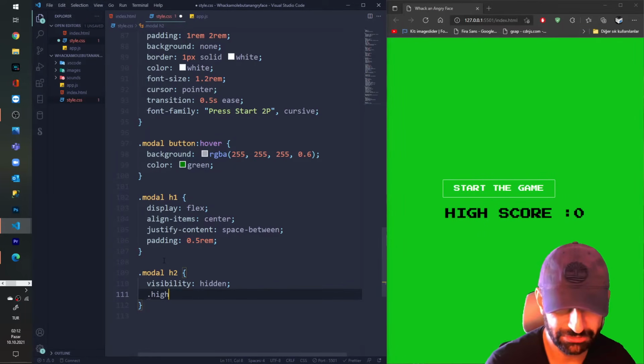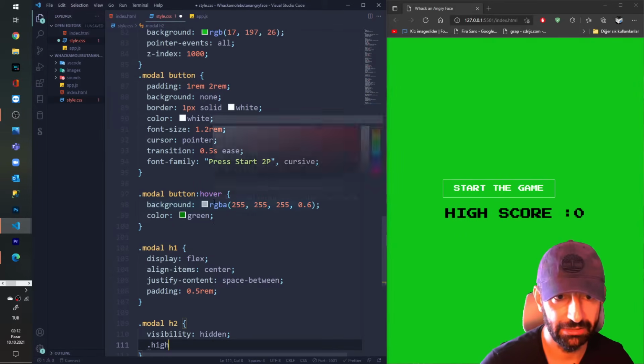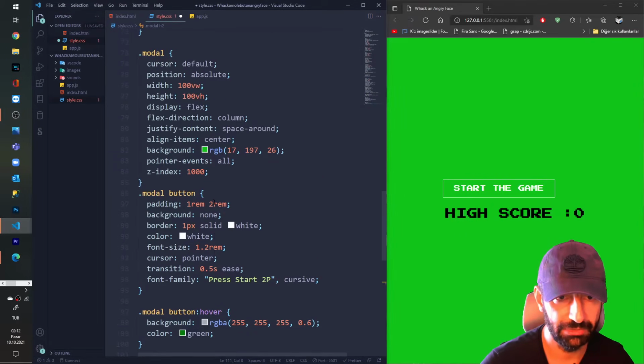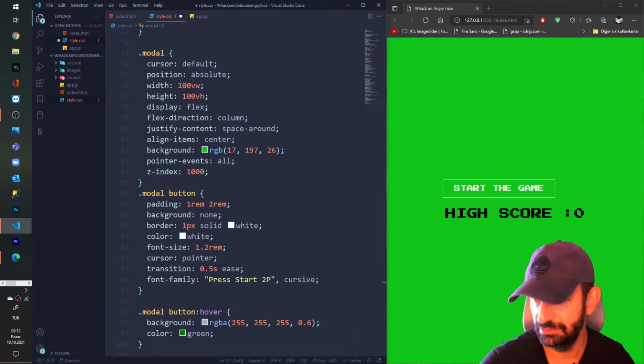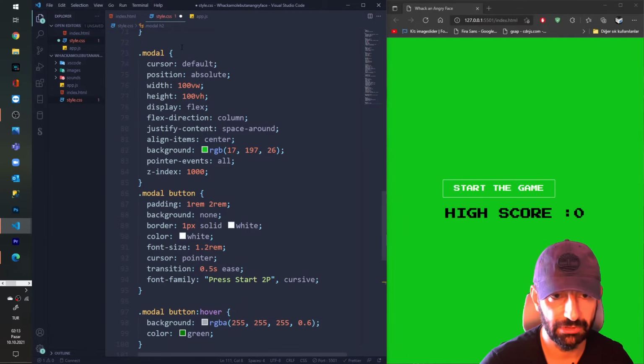Did we miss something? Because my bottom white? Did we miss something on model? Where's the white color of my model? Okay, let's put here inside somewhere color white.